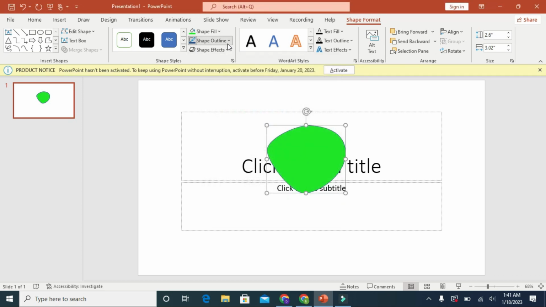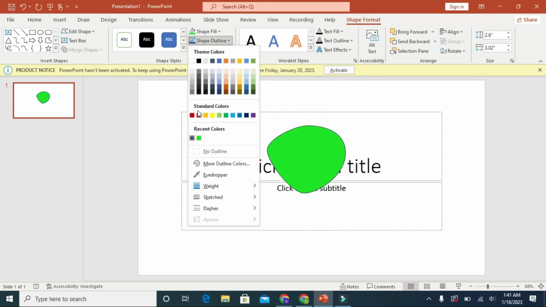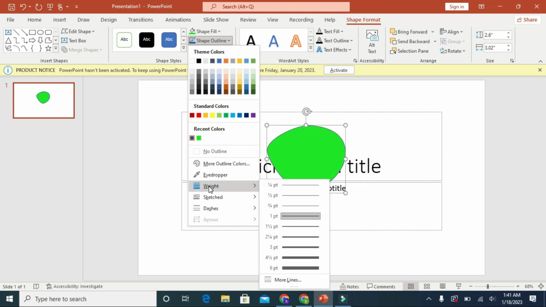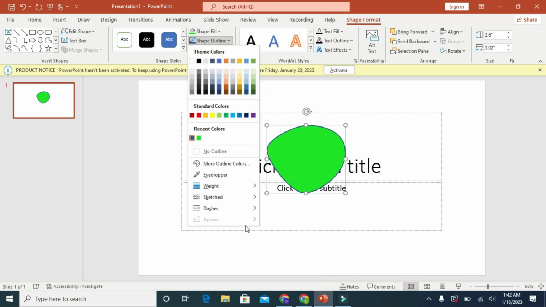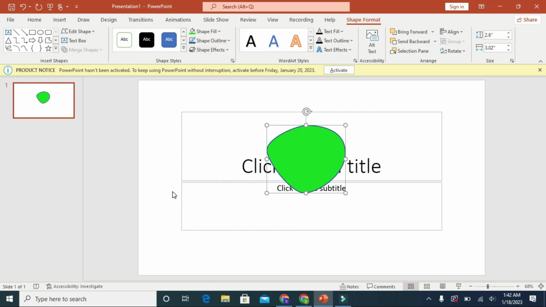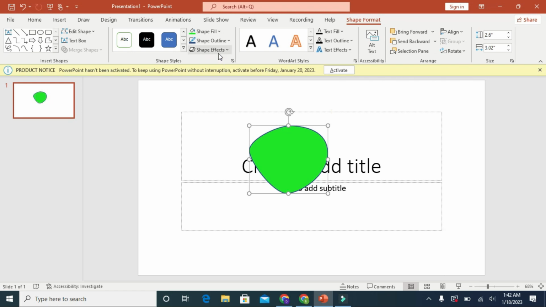And if you want to make your outline thick, or if you want to make it in a design form, you can simply, if you want to make it thick, choose the weight option and you can select any of your outline from here. And if you want to make a design, you can select from sketched, dashes, any you want. Now coming to the option of shape effects,